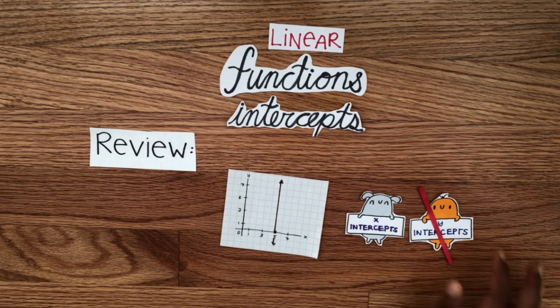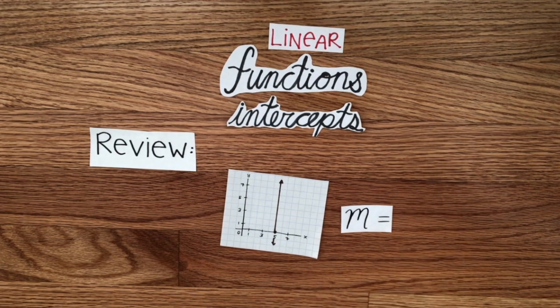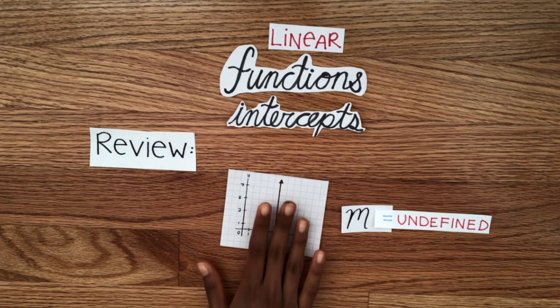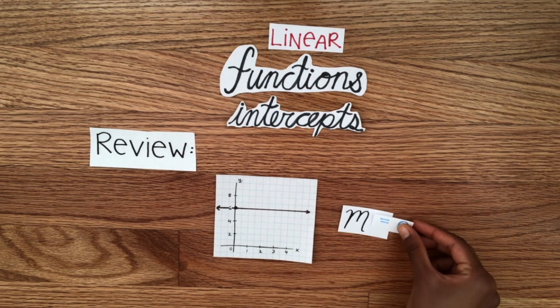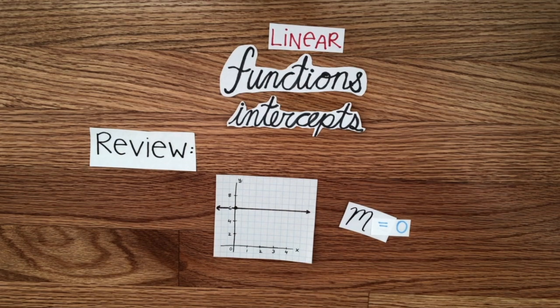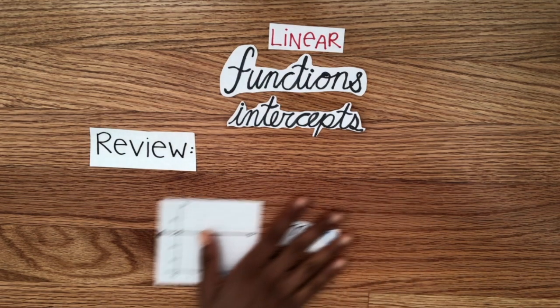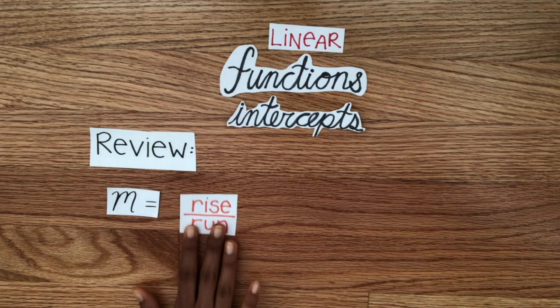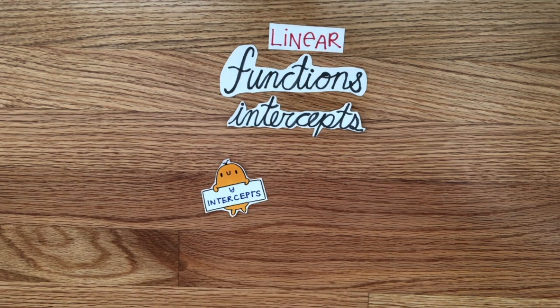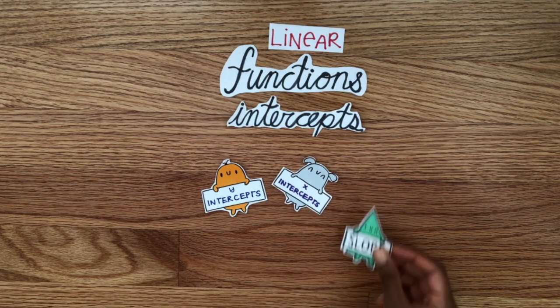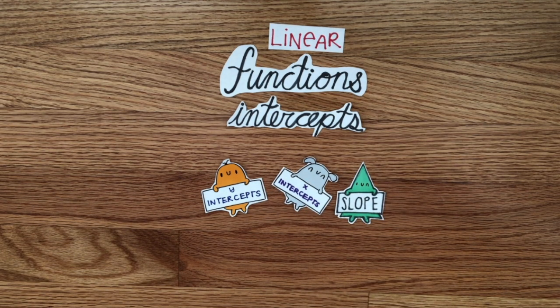The slope of a vertical line, such as this, is always undefined because the denominator of the slope is always 0. The slope of a horizontal line, such as this, is always 0 because the numerator of the slope is always 0. Slope is also considered rise over run, or how much y changes over how much x changes. Next week, we'll start to explore how these parts, slopes and intercepts, come together to create a